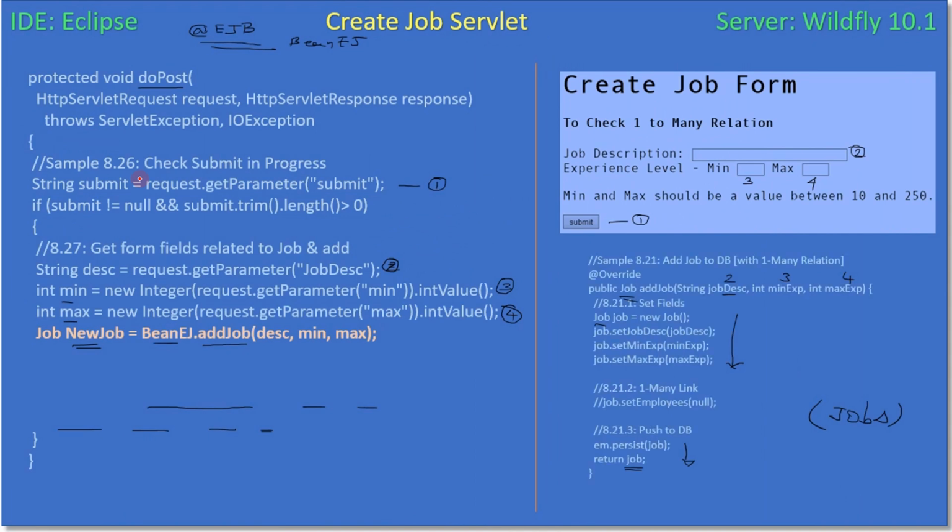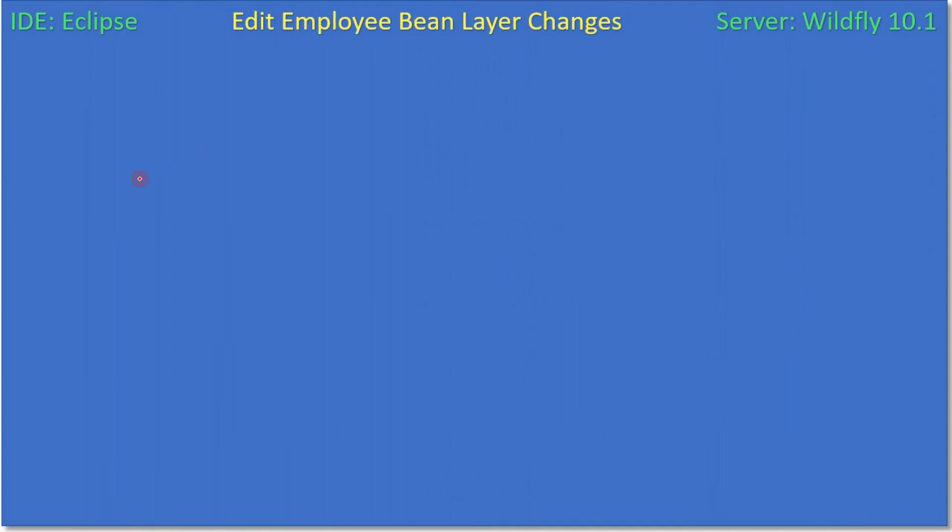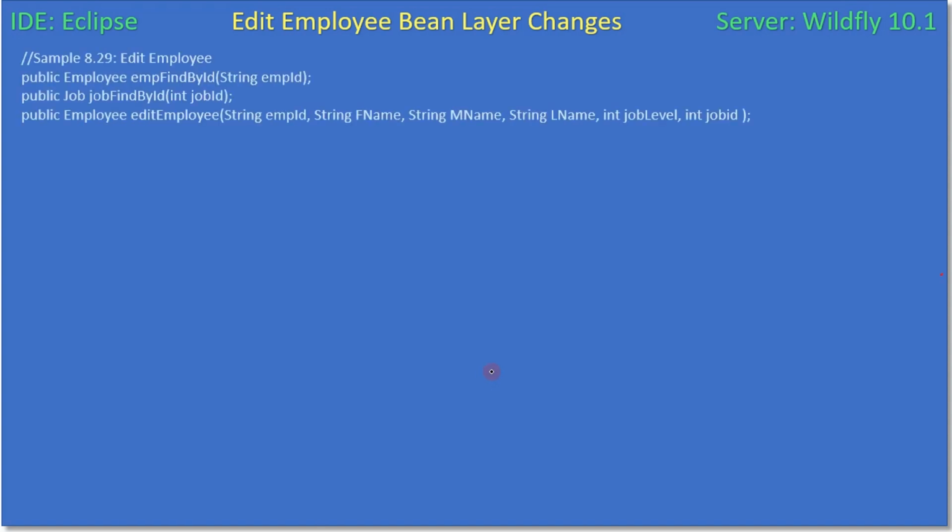In the previous video, we completed adding a new job. Now we will proceed with the bean layer implementation for the new set of functionality. Here we are adding a function, employee find by ID. So here we are adding new function emp find by ID and we provide employee ID here. Next, job find by ID. Once an ID is given, the bean layer should retrieve the job entity. So these two functions retrieve the employee entity by employee ID and the job entity by job ID, and